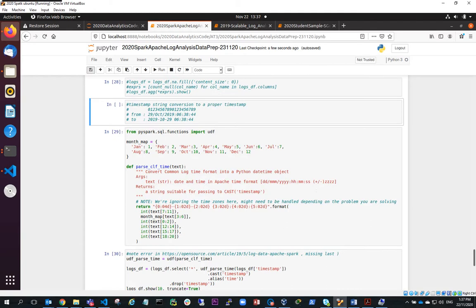Finally, what we want to do is convert our timestamp string, which is in this sort of format, into a proper timestamp that we can work with, in the format that Apache needs, which is in this sort of format. So what we've got to do, you can see here we've got